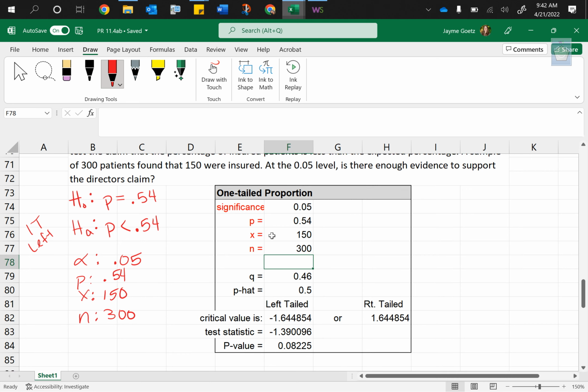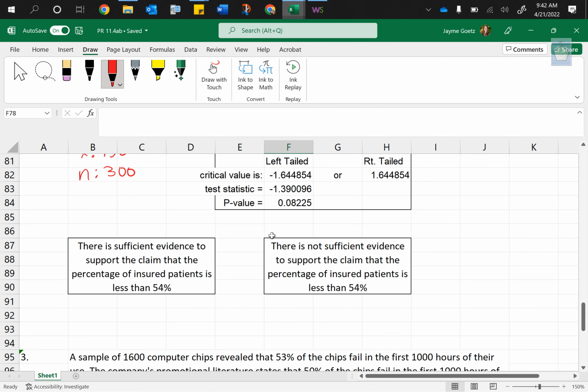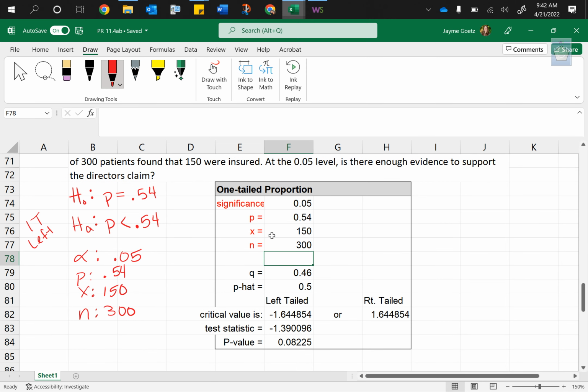So the question stated, at the 0.05 level, is there enough evidence to support the director's claim? Just like what we did, and by the way, if you'll notice, I have 2 answers down here in boxes. We're going to choose one of those, okay? Just like we did with the population mean, there are 2 different ways you can figure this out. You could sketch a picture